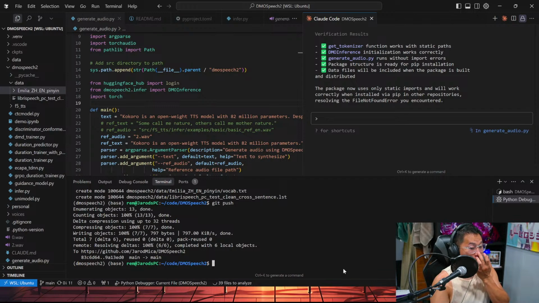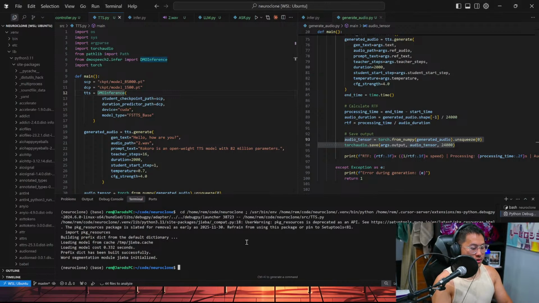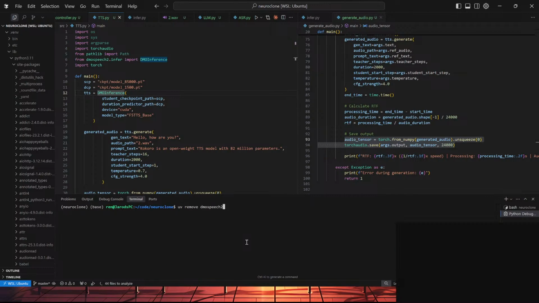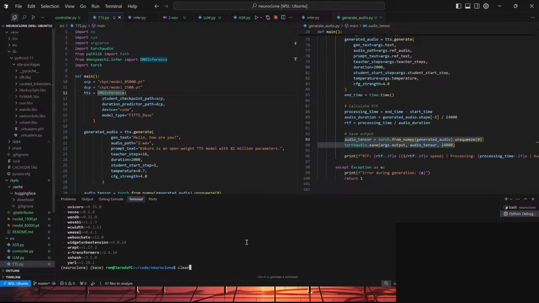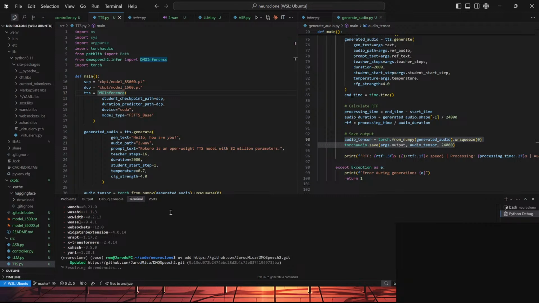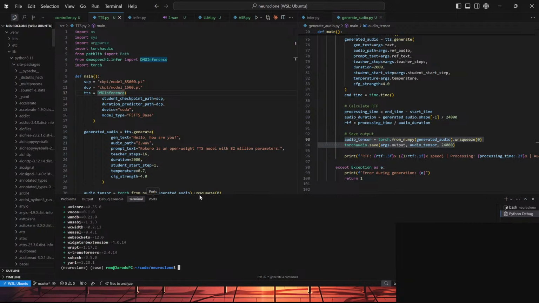Okay, so we are now able to probably just, let's clear, uv remove, uv add. Bam. Alright. And now we'll go ahead and try this again.